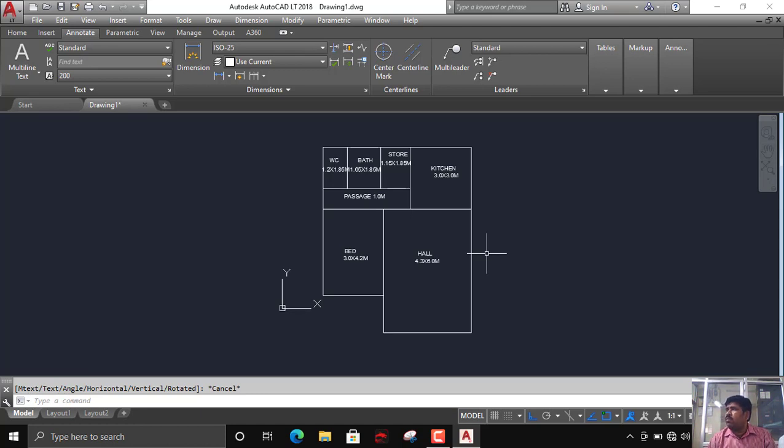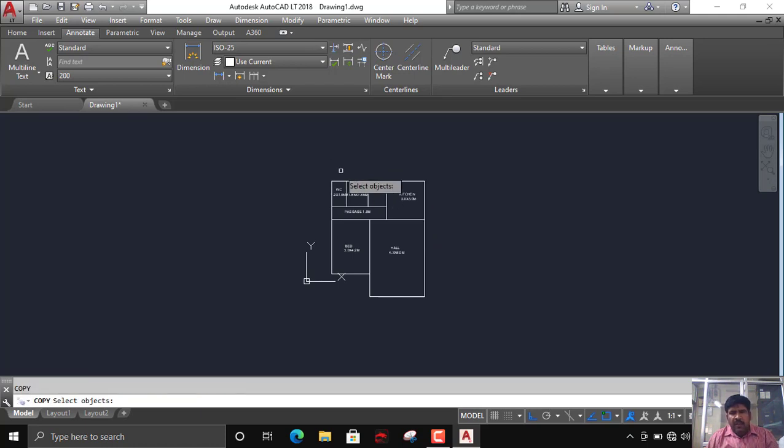In your VTU question paper, they will give this line diagram, right? And second thing is, in your question paper, they will mention the wall thickness, the main wall thickness. They may mention 230 mm or 300 mm, correct? Sometimes they will mention 300 mm main wall thickness and 150 mm inside. So we'll go with 300 and 150 for the present case: 300 wall thickness, 150 partition wall.